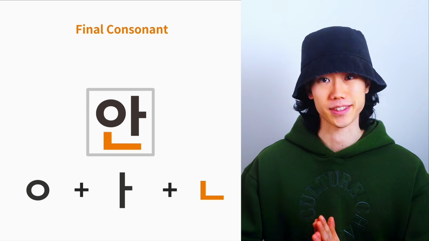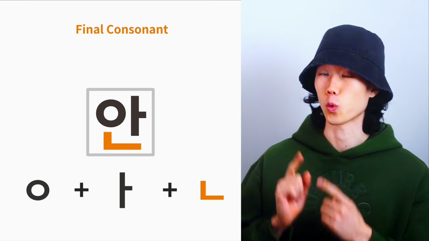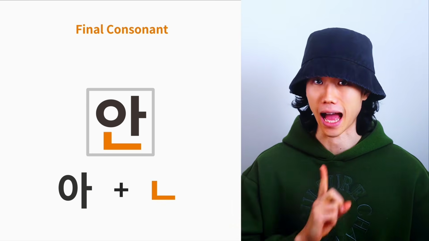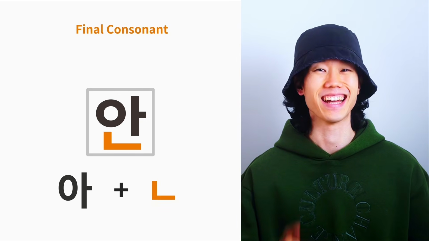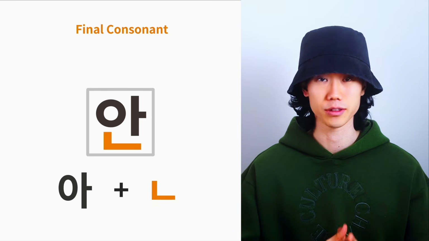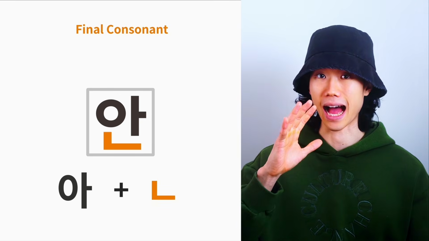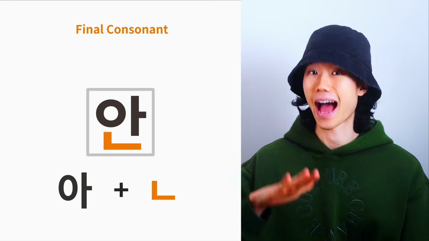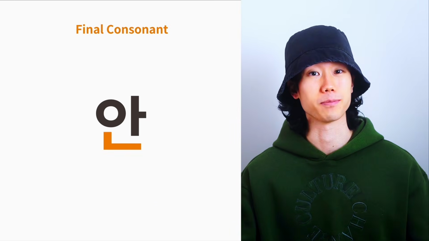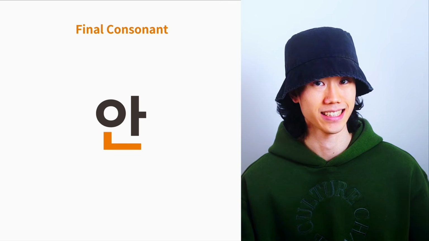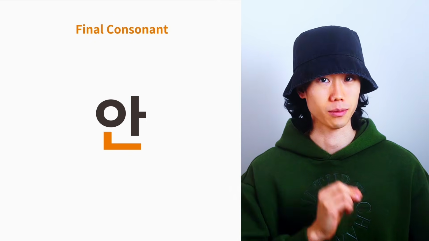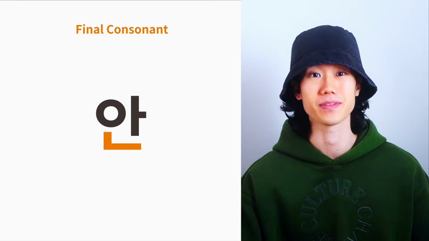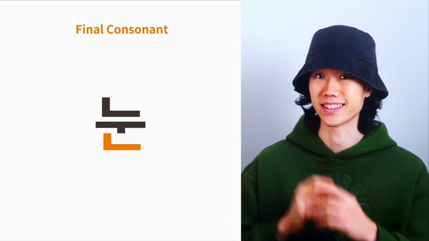If we break down this syllable, it's made up like this. Without the final consonant, this syllable is read as a, right? Now let's add the n sound to a. A, n, an. Instead of pronouncing it as a, n, make it sound like a single syllable, like this. 안, 안. Let's practice one more time with this syllable block.